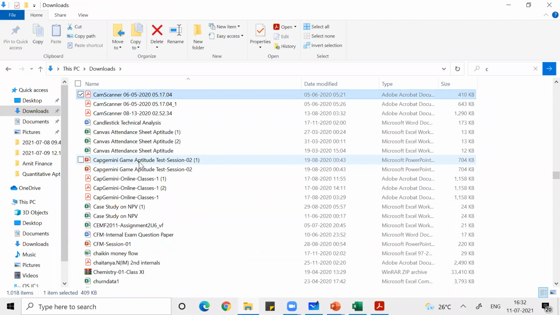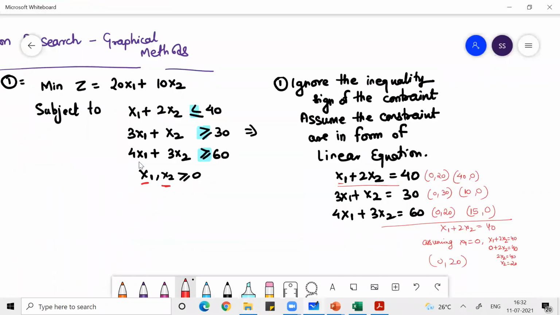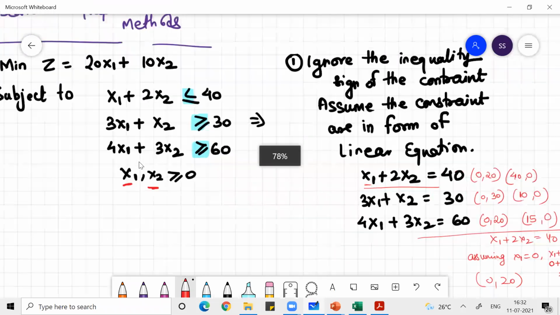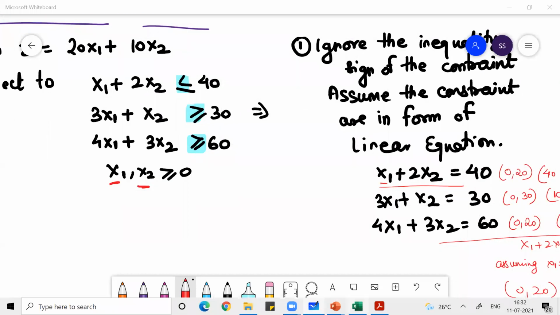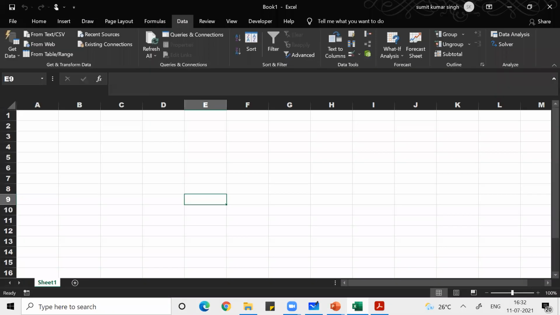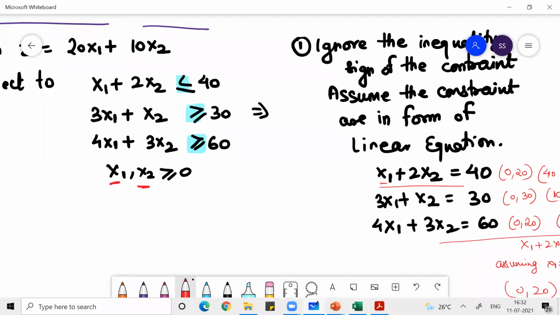If you see the Bangalore City MBA papers, the question came in the graphical method only once, if my memory is correct. Normally Bangalore City does not go into much detail on this topic. They focus more on the simplex method. Even then, we'll do everything to make sure you understand. I'll teach you through Excel also, so you don't worry about that part.